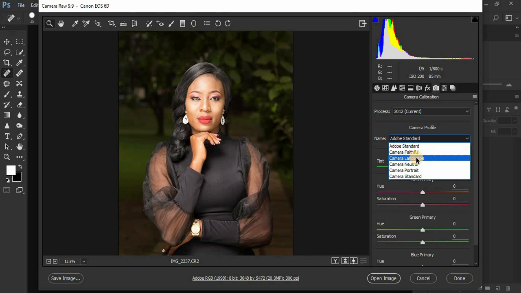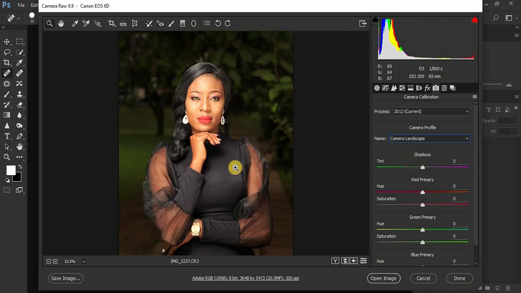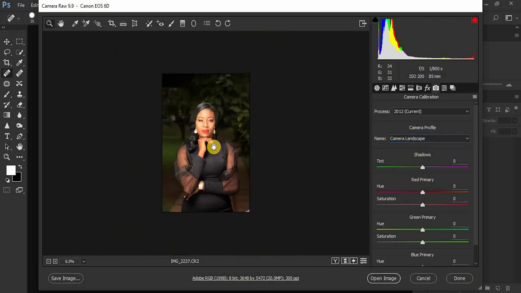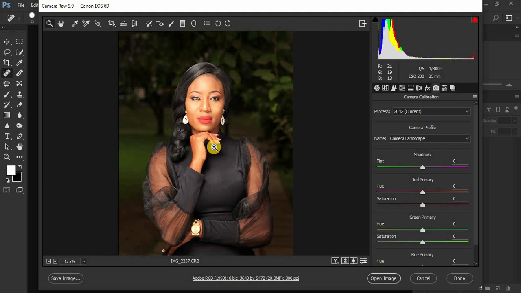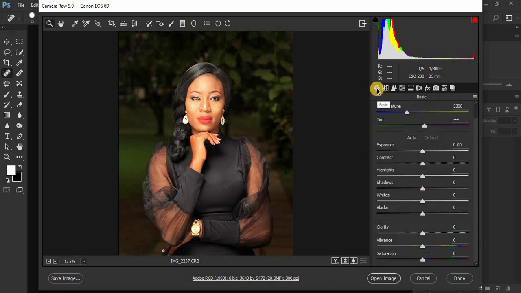It is all about a photographer's choice and preferences. So I'm just going to click on camera landscape like that. When I click on landscape, you see I've gotten back those beautiful colors. And after I have done that, I'm just going to come under my basic adjustments, and I'm going to start